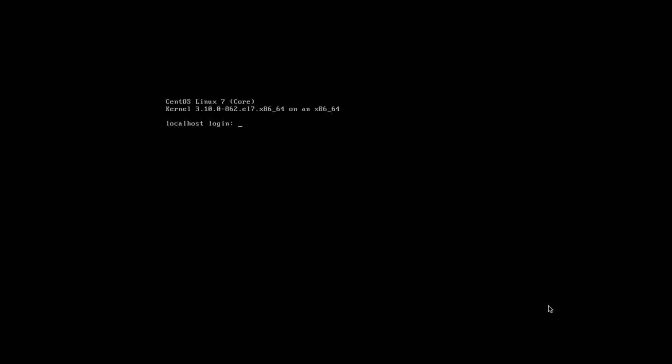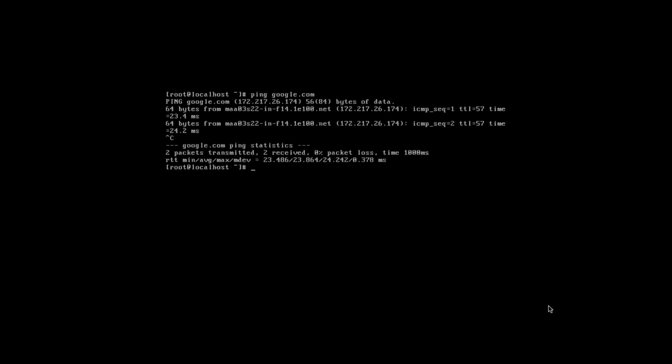So now it is loading your operating system from the hard disk, because we gave the installation destination as hard disk. So every time it will load your operating system from the hard disk. Now it is asking for a login prompt. Root is the username by default, and the password is the entry given in the password section while installing the operating system. Now we can see you have installed your operating system successfully.